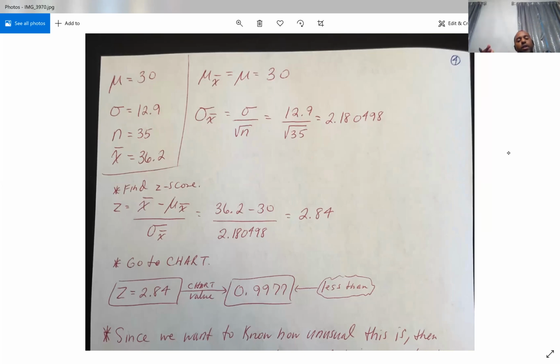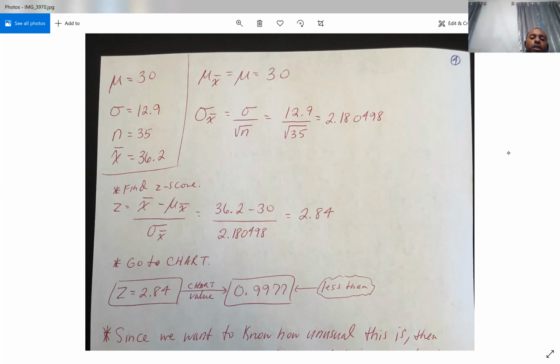All right, so once again, first thing I did over in the left box is write down all of our given pieces of information. Population mean was 30. Population standard deviation was 12.9. Sample size was 35. And the sample mean was 36.2. Then the mean of the sampling distribution is going to be the same as the mean of the population, 30. Then we take the standard deviation of the population, 12.9, divided by the square root of 35. That'll give us